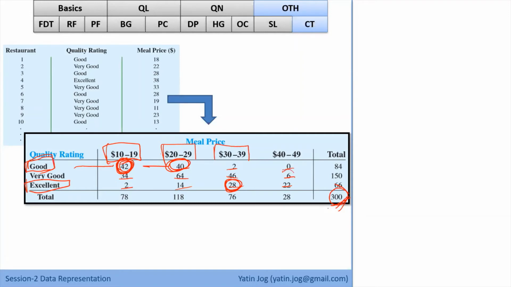What this 6 means is there are 6 restaurants out of 300 with very good quality rating and meal price between 40 to 49, and so on. So all these cells in this area are connected with one variable which is in rows and one variable which is in columns. So we call them joint values.